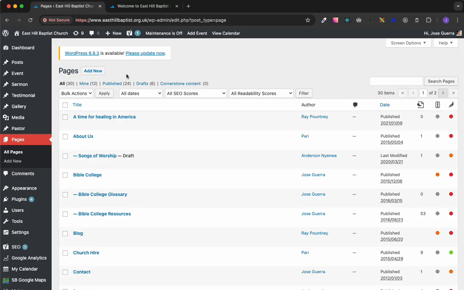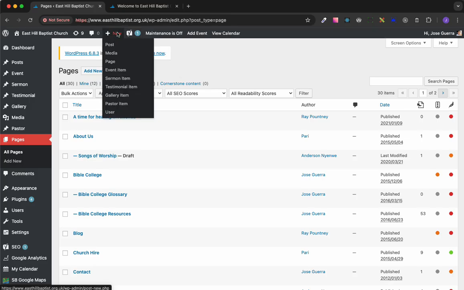And from here you have two options, actually three options for adding a page. You can click on the new button, the Add New button to add a page. You can also click Add New in the sidebar. And you also have this top navigation up here where you have a new link. So you see the plus sign, and then you can go down to page and you can add a page